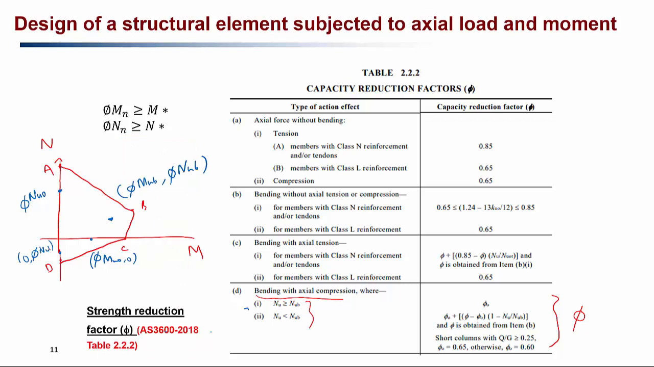So we can plot the design capacities as shown here. So this will be your design failure envelope. This one was your ultimate failure envelope, but the blue one is your design failure envelope. And whatever the load that you have, M star comma N star should fall within that envelope,